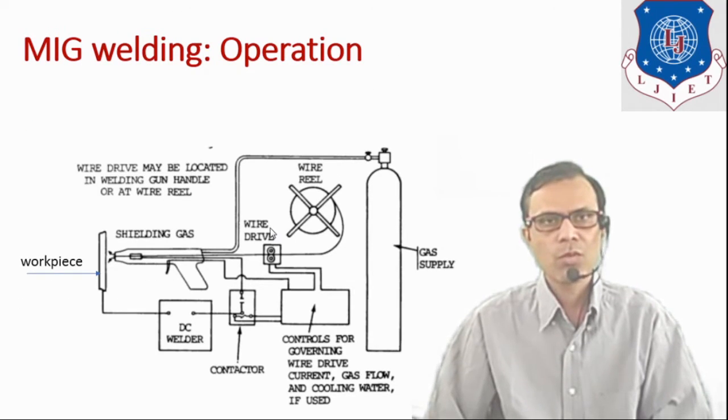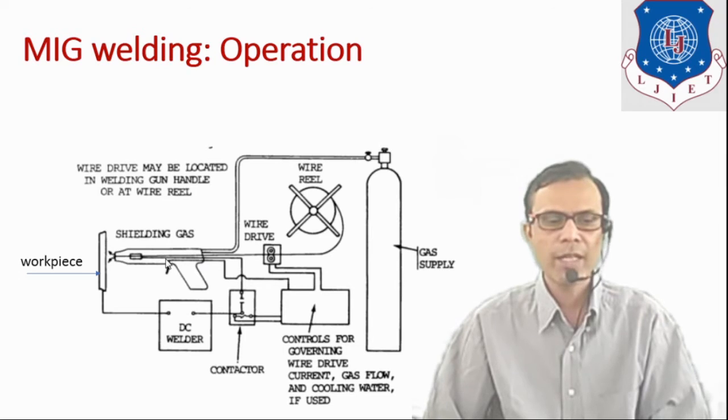This diagram shows the setup of the process. So here it is gas cylinder, then it is welding torch. This reel is wire reel, and wire is fed continuously through this wire reel. So it is a drive unit for the wire. Wire is being pulled through this drive unit and it is fed to the welding gun, and through welding gun it is supplied to the welding zone. So continuously it is fed at the welding zone.